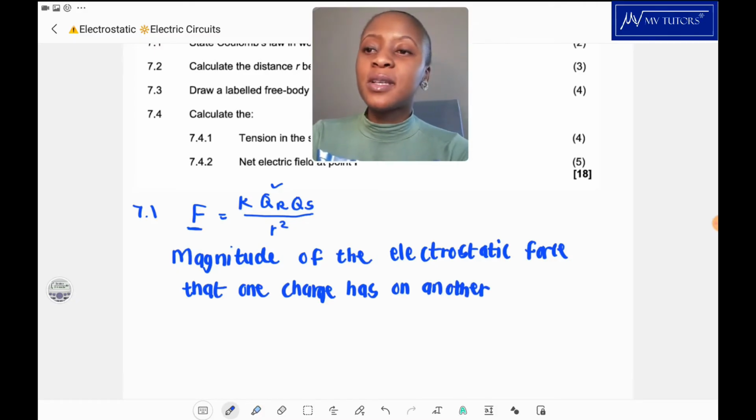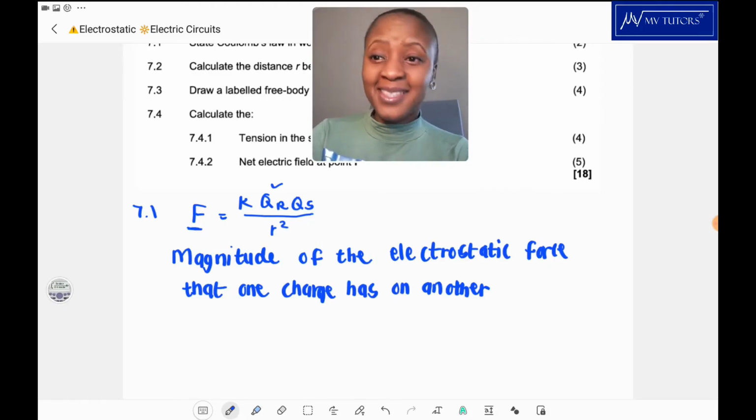So yes, the magnitude of the electrostatic force that R has on S,